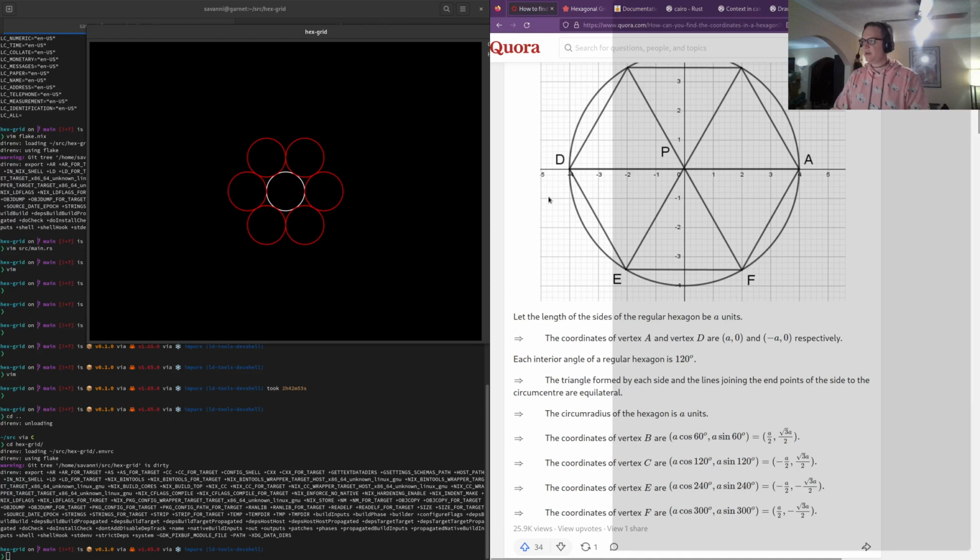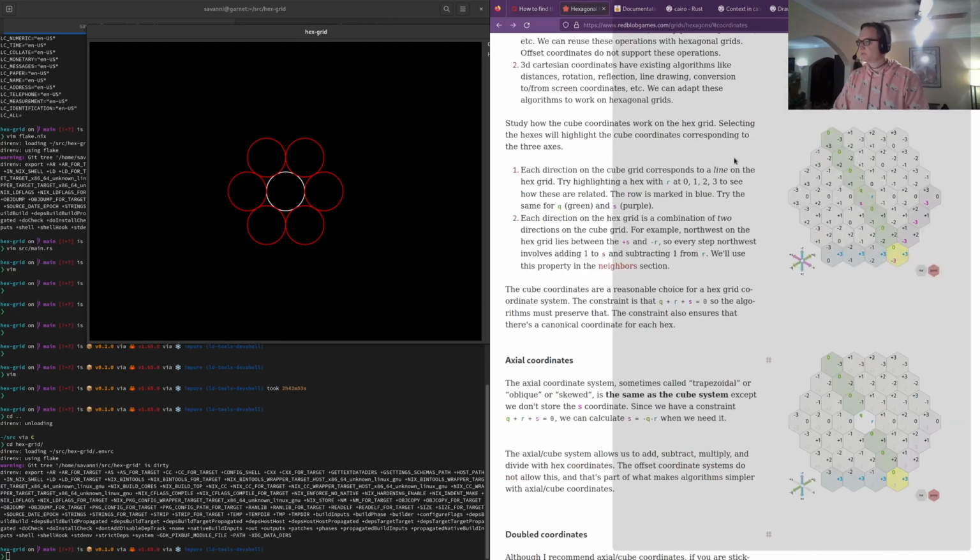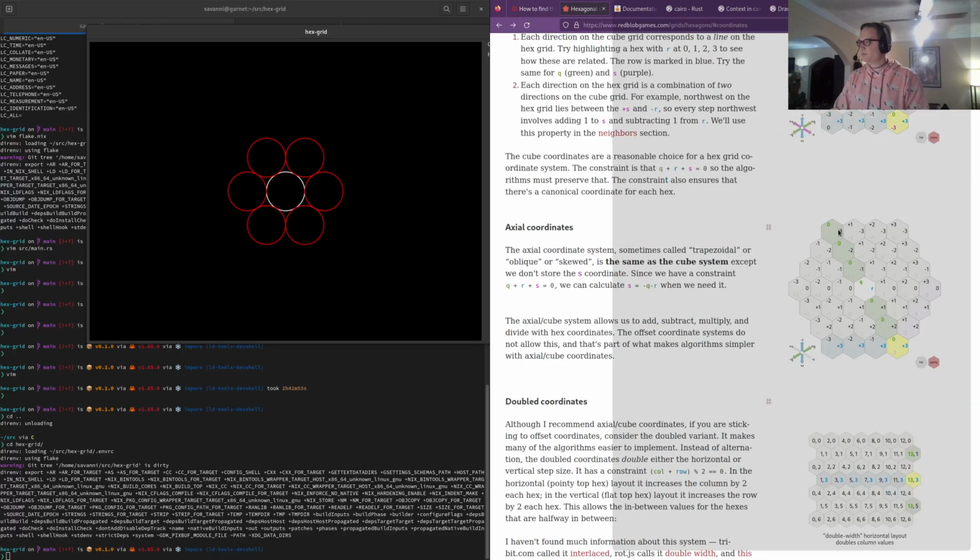And let me make sure that I have the correct coordinate orientation. Here we go. Yes, things match up. Okay. So we're going with the pointy style. So let's see. To start out with, let's just change these circles into hexagons. So I'm going to load the code,